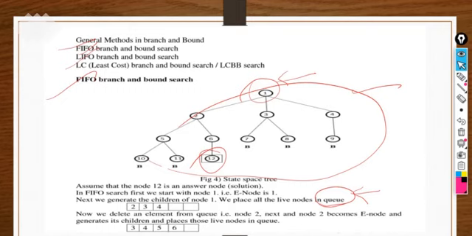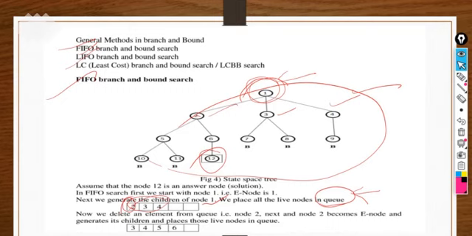Here we are taking a queue, so we delete 1 from the queue and insert the nodes generated from it, 2, 3 and 4, and we know we are moving level wise in case of FIFO or queue. So 2, 3, 4 are inserted in this queue.